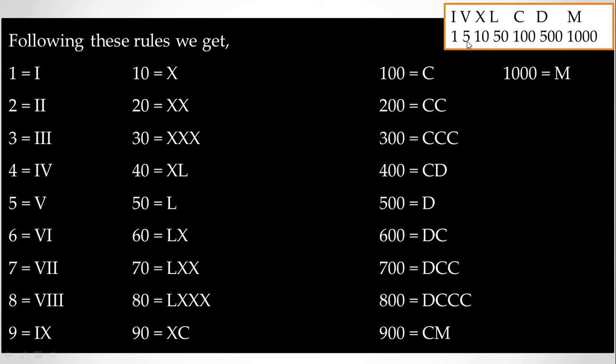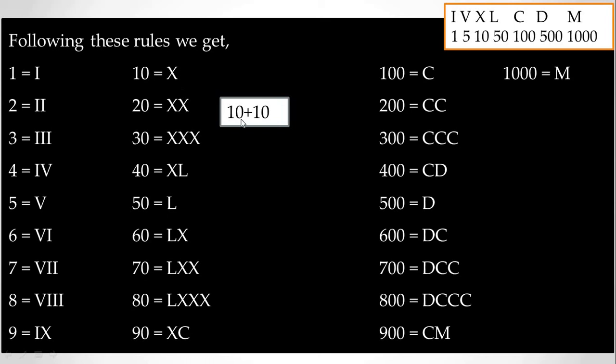Because you observe in this table, 6 is VI. V means 5, 5 plus 1 is 6, because a smaller value is there, then it is added if it is there on the right hand side. 5 plus 2 is 7, 5 plus 3 is 8. Here, X, this symbol is for 10, so 10 minus 1 is 9. 10, you have to remember this.